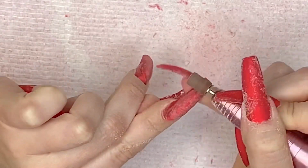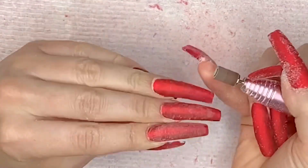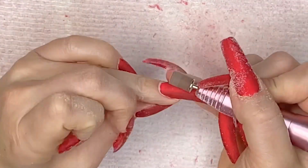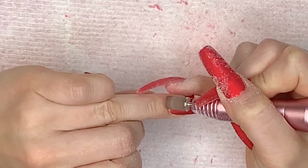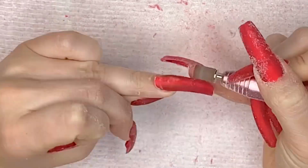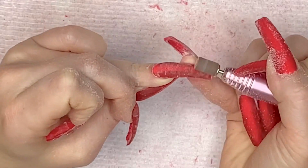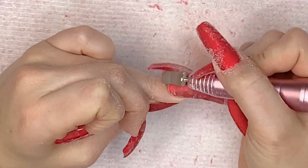It's kind of hard for me to get around the cuticle area with the safety bit, and it's easier to do it with this, and it also doesn't really cut your cuticles like that. I mean, you can, but it's really kind of hard to do that. I'm doing this on a low speed, going around the cuticle area and then just smoothing out any more